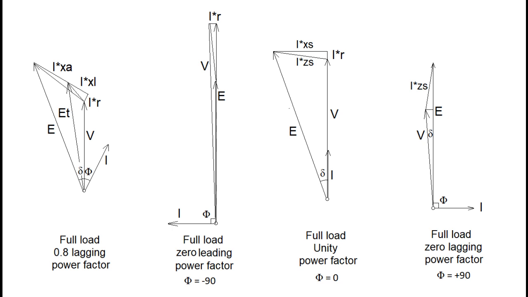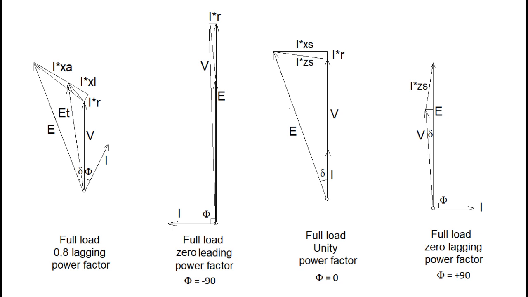The last phasor diagram that we see on the slide corresponds to 0 power factor lagging or inductive load. Now in this case, load terminal voltage drops below induced EMF E due to synchronous impedance. As in all earlier cases, resistance drop is in phase with load current and synchronous reactance drop is in phase quadrature with load current. Armature reaction is in phase, in this case demagnetizing.